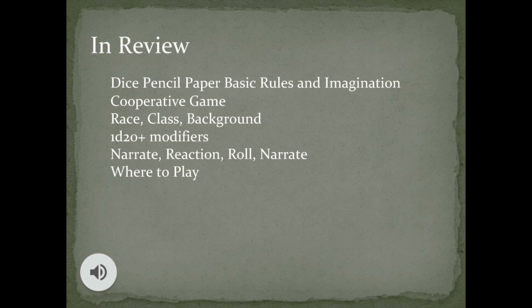And lastly, where you can play. Local game stores is a good place to find a group or learn the basics of the game from experienced players. A friend's house gives you more privacy, and you can mess around a little more and figure things out. Or online on a virtual tabletop like Roll20, which lets you meet remotely, but still gives you most of the features of an in-person game, with slightly less interaction. Lastly is a play-by-post through an online chat, like Discord or Facebook chat, where you get to type out everything, but still have a roleplay experience.